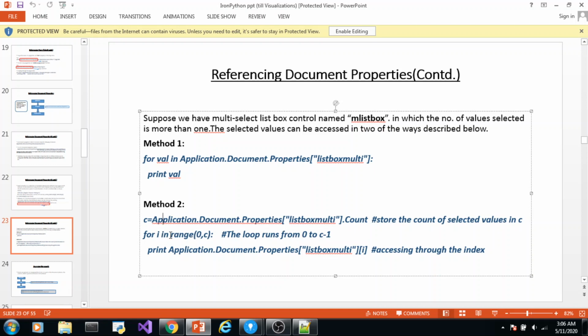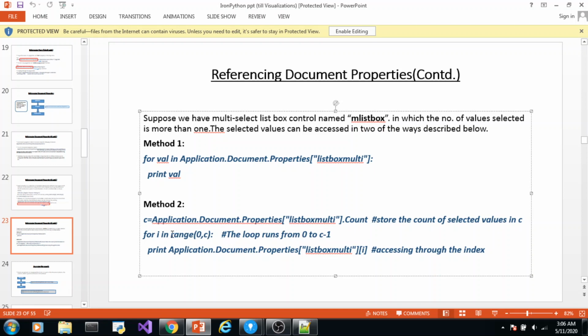What does it do? Range returns values from 0 to c-1. If you remember one of the slides dedicated to the range function, this range function returns values from 0 to c-1. What is c? The number of elements in a list. And since the indices start at 0, the last index will stop at c-1.